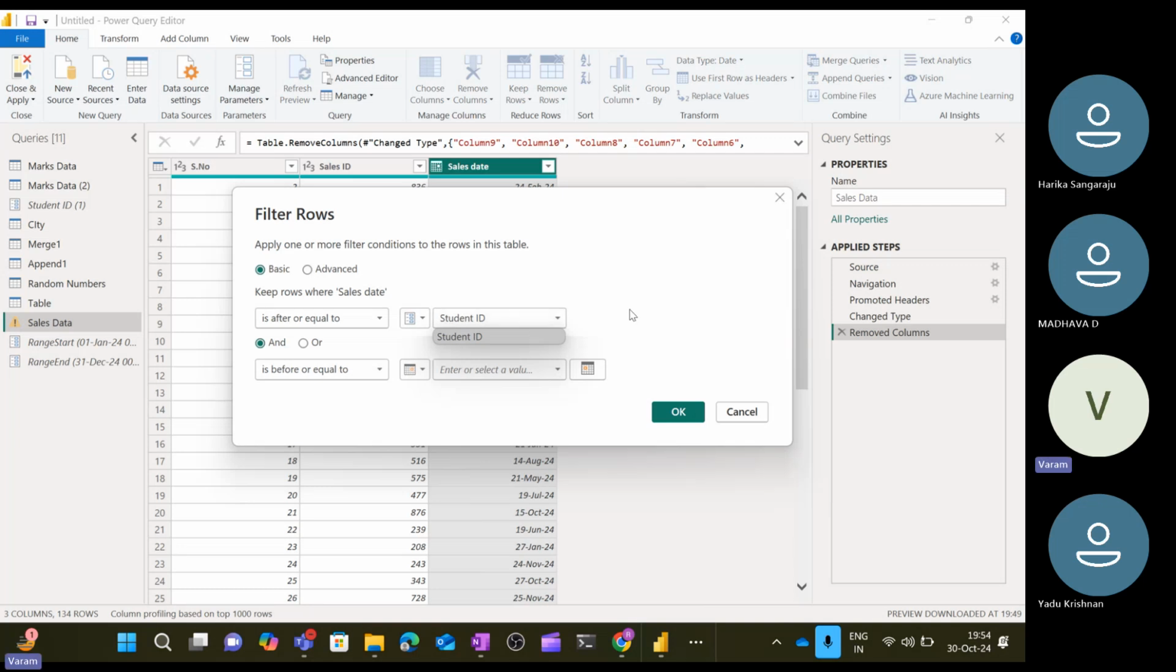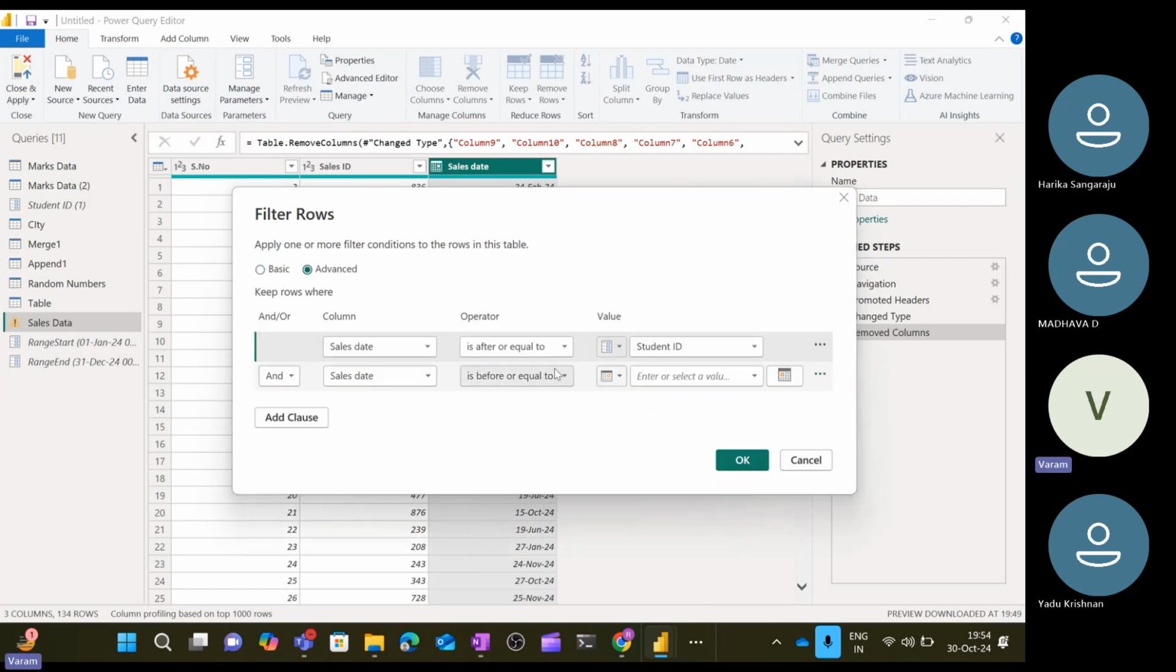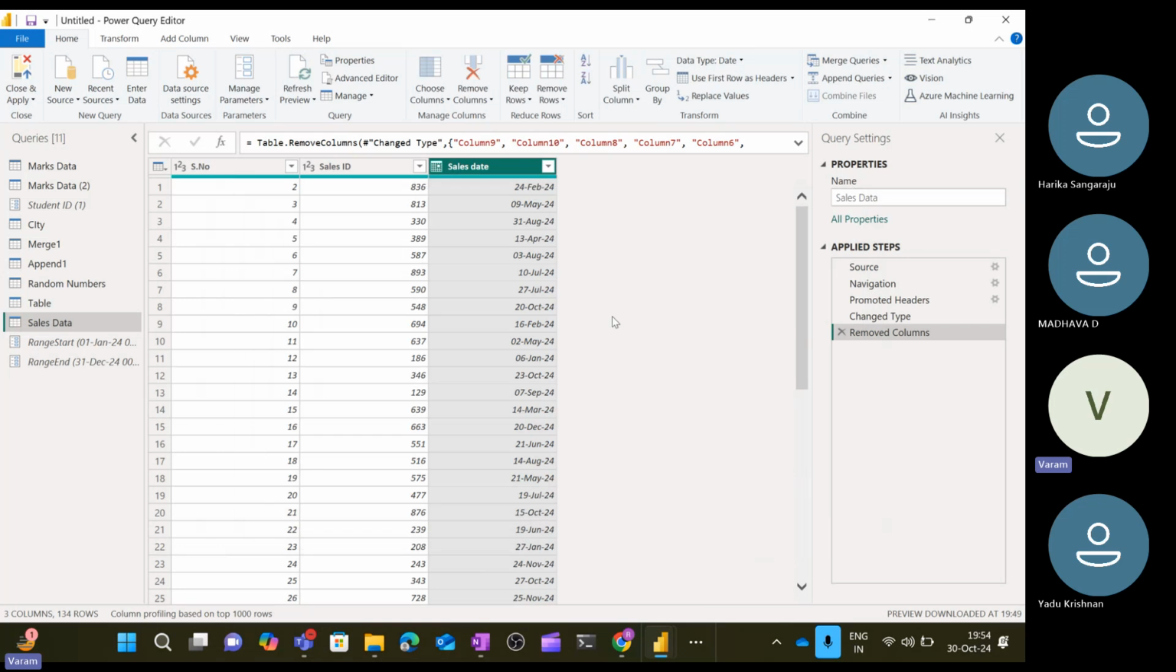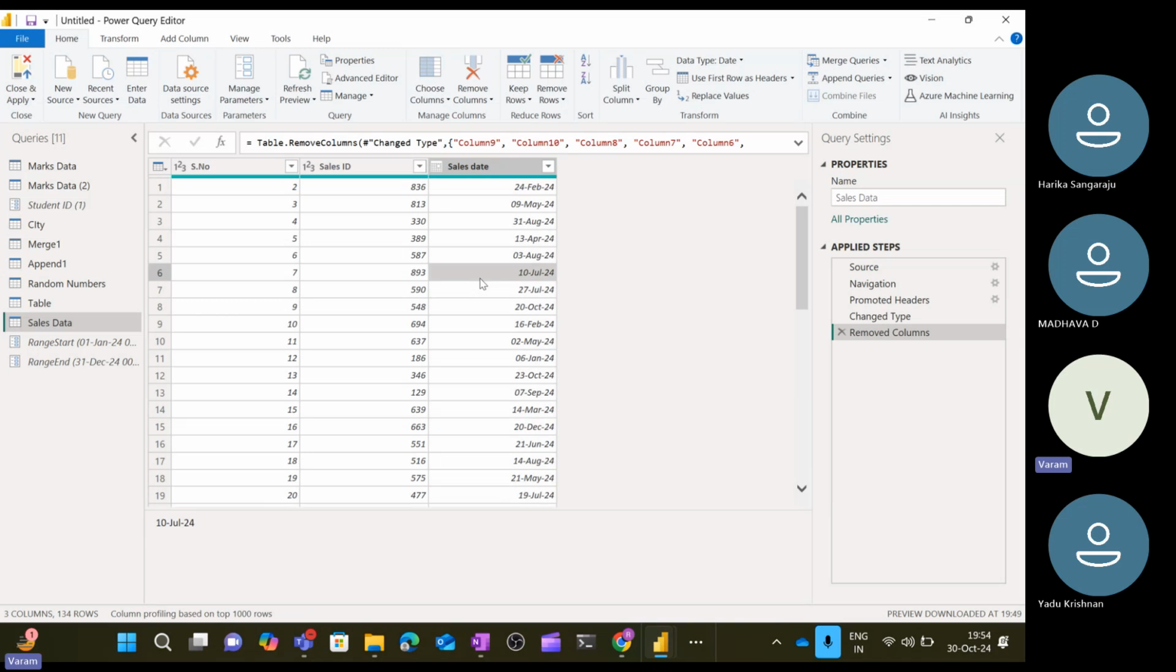The parameter is right. Student ID? Why is the student ID a parameter here? Wait a second. Sales date. Parameter. Sales date, okay. Cancel it. Let me cancel this. This is only in the date. Okay, so this is the reason these parameters are not showing here, because this is in the date